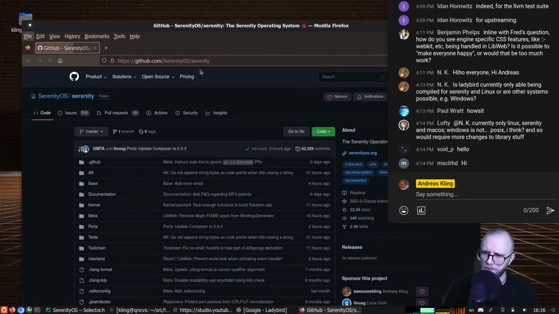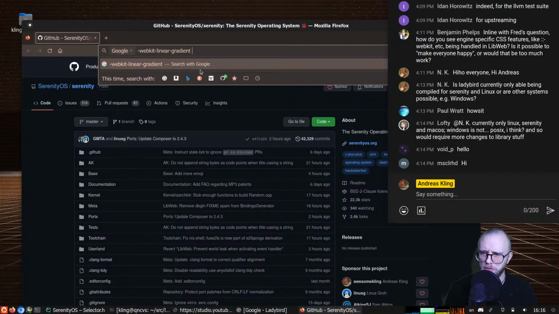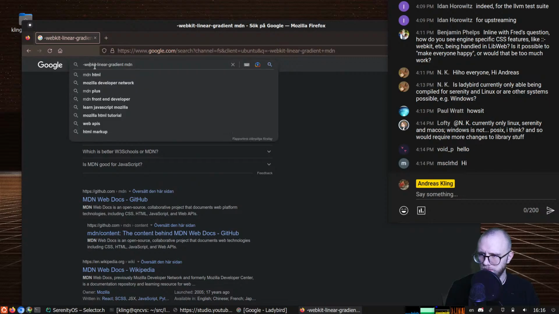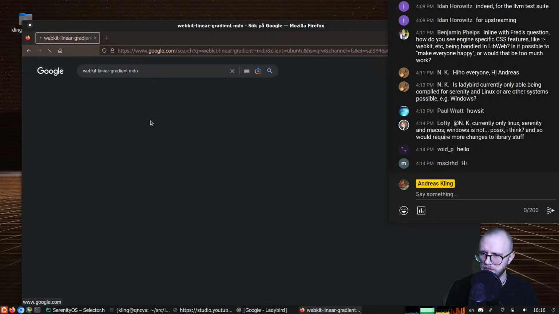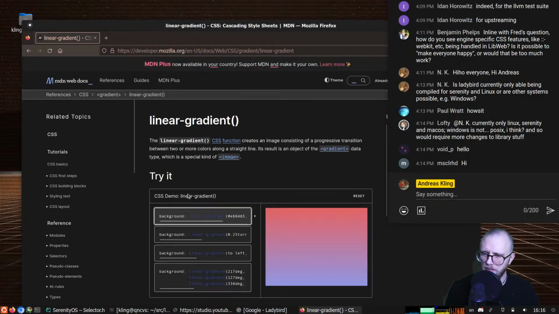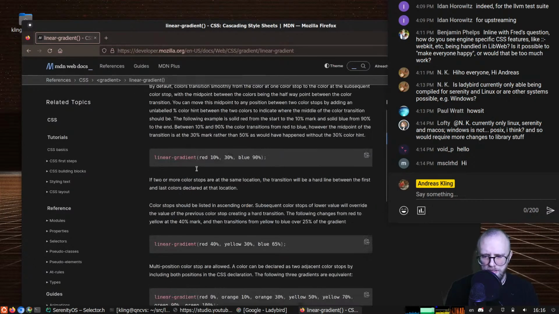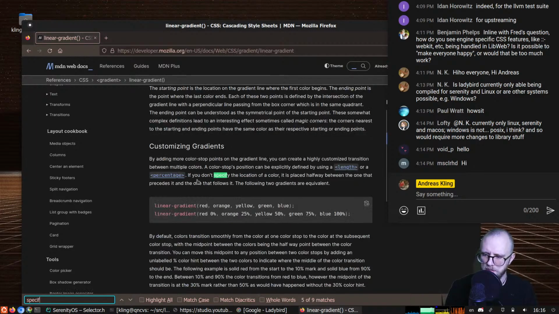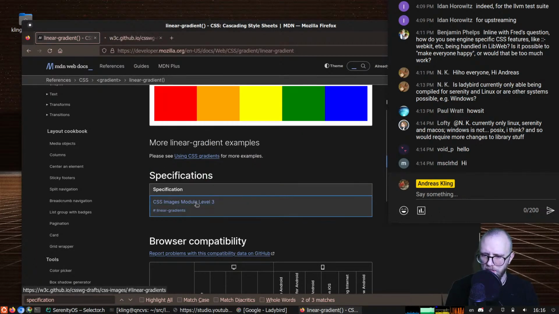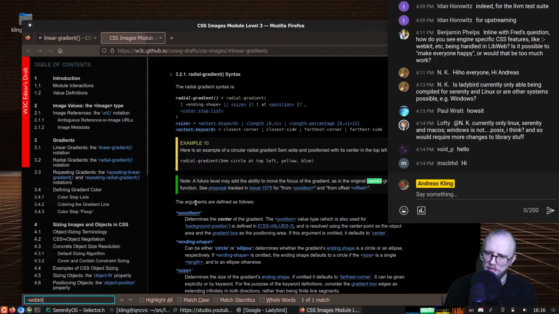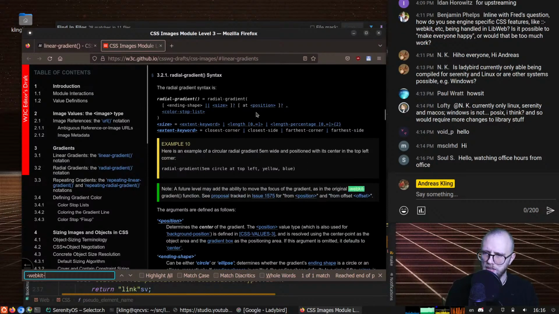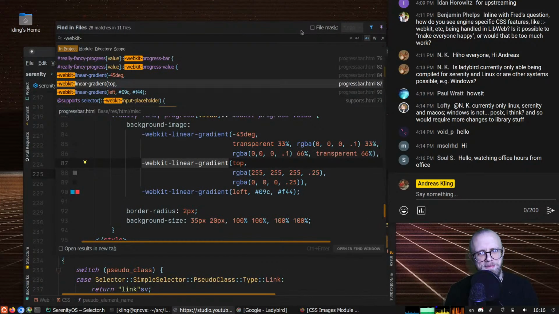I forget where that would be. Okay, maybe that's not the right way to search for that. Linear gradient. I feel like I've seen that in the specification. No, maybe it's not. Okay. Anyway,